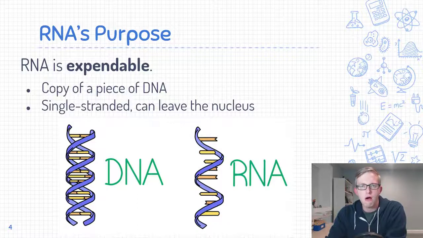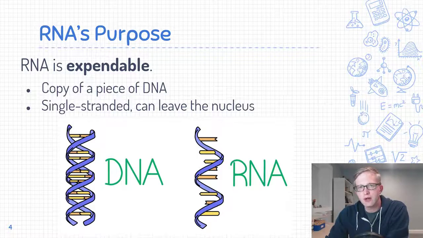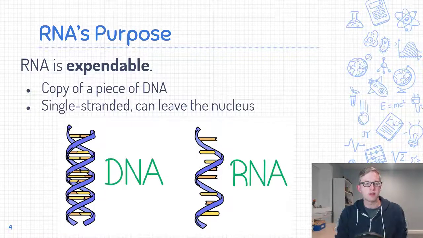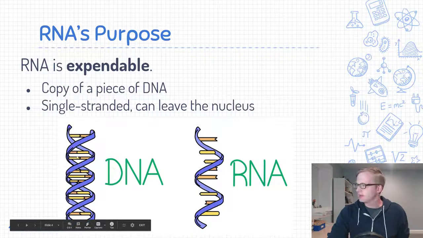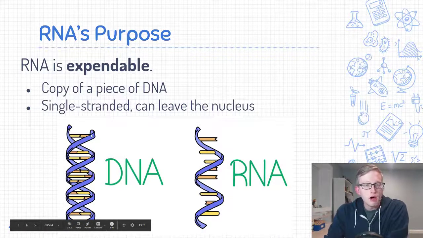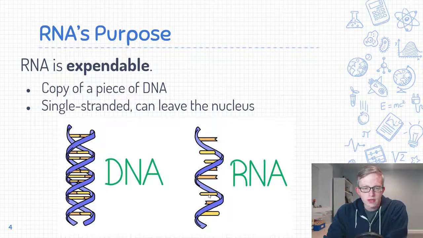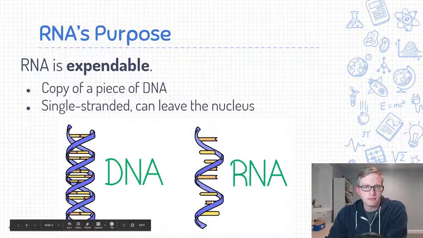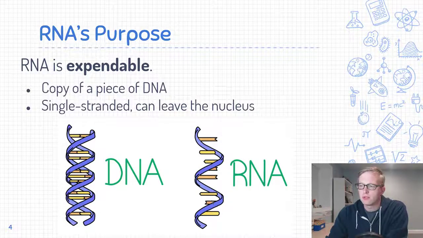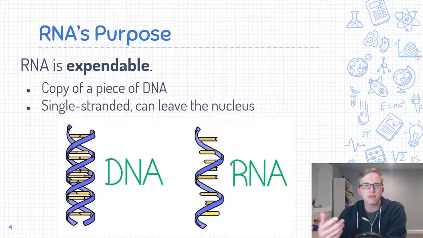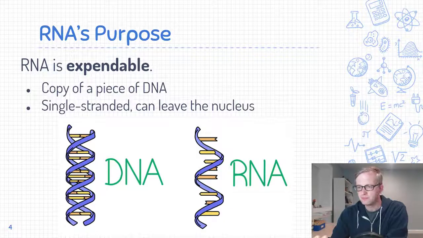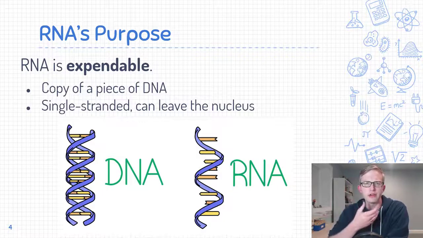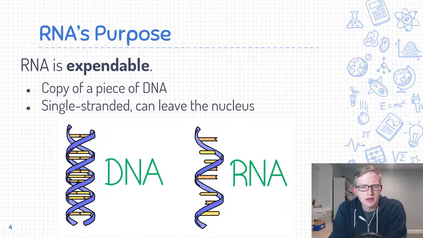So that's what RNA is. DNA stands for deoxyribonucleic acid, and that is the double helix structure that you see here on the left. RNA is the single strand copy of a segment of DNA. So let's say we had a gene that codes for amylase enzyme, which was one of the enzymes that's in our saliva. It helps to break down carbohydrates. Well, every time you make amylase, which is frequently, right, our salivary glands are constantly making enzymes because we eat throughout the day, and so we need a lot of amylase throughout the day.